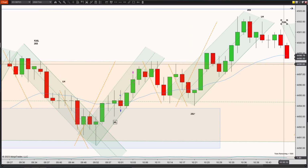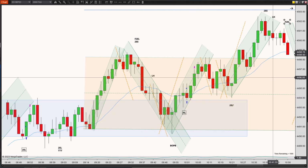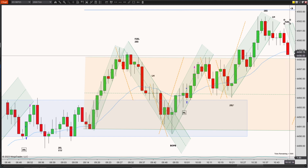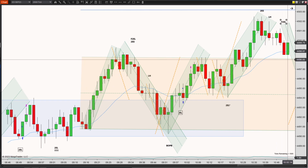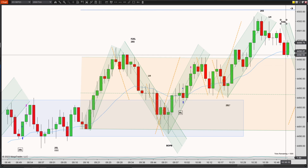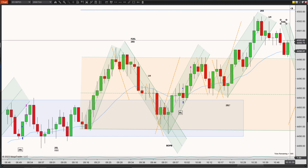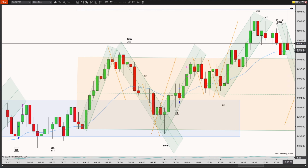The thing that was giving me pause is potentially this one here could have a bounce off the top of the range. So I wasn't 100% sure if this next candle would flash through and carry back into the range. So right here, it would have made me nervous if I did try to take it because it looked like a trap, because I would have entered one tick below here, gotten filled, flashed up, and depending on how I took the trade,